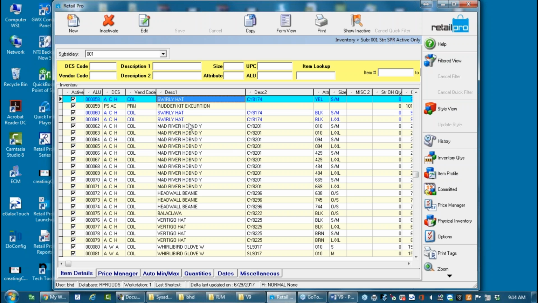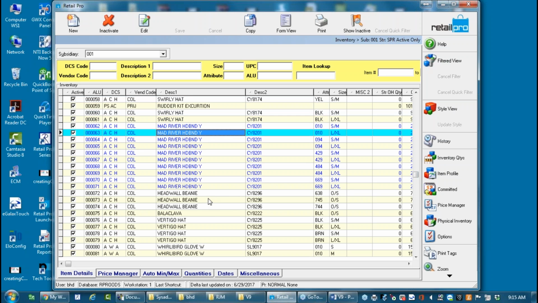But in order for this to be a uniquely identifiable item in the system, it has to have a unique description 1 or a unique description 2 or both, and that's configurable in the system. Most people will go with one or the other. In this case, it looks like we've got both the description 1 and 2 have to be the same in order for it to be a member